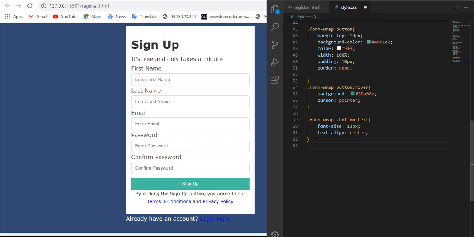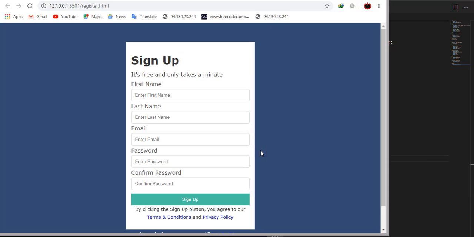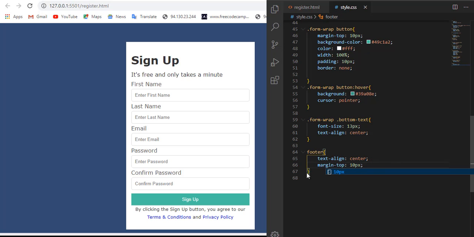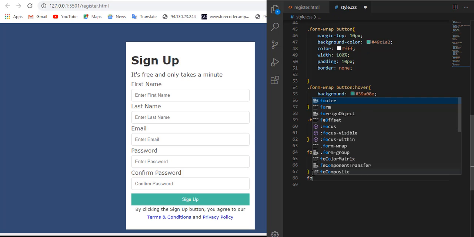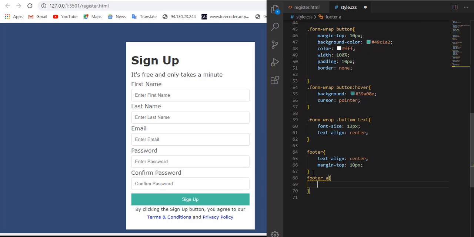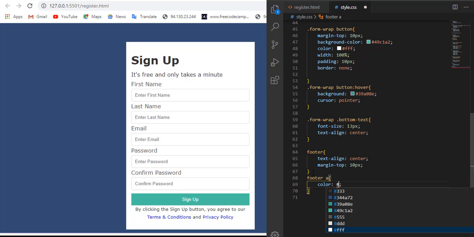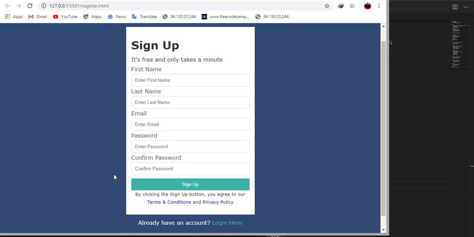It does not work on a footer. So footer, I need to align text to center also. And then also I can add margin top to 10 pixels. Let us change the color of our link in the footer, and color. Let me set it to the one of the button, which is 49C1A2. If I save,